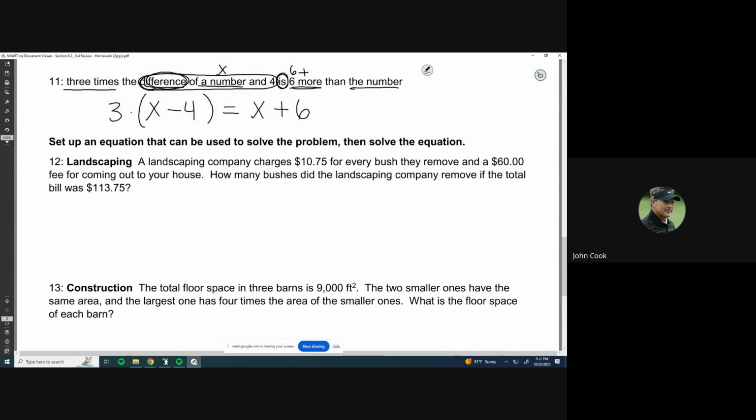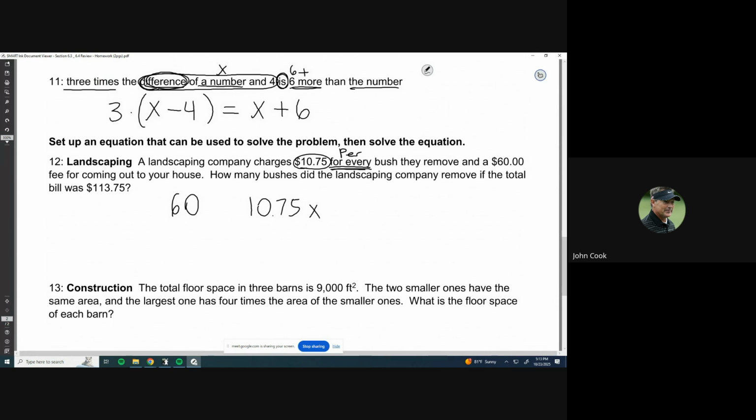Number 12, it says landscaping. A landscaping company charges $10.75 for every bush they remove and $60 as a fee for coming to your house. So the company will charge you $60 automatically. That's also like a floating amount. And then they'll charge $10.75 for every bush. Whenever it says for every or per or something like that, that's a rate that's usually multiplying onto a variable. So this 10.75 is a number that we're going to write down also, and it's usually going to be multiplying onto a variable